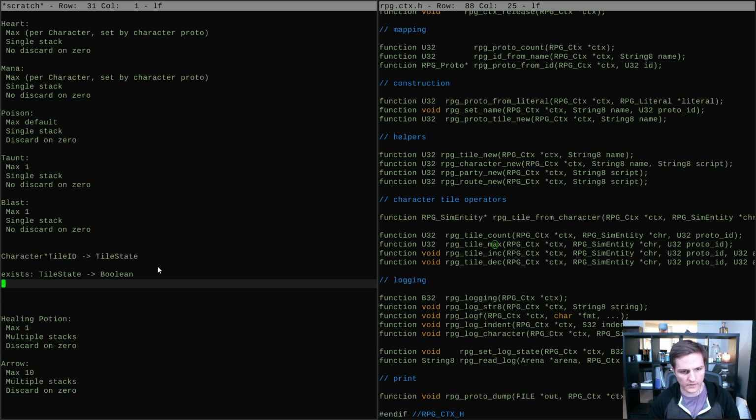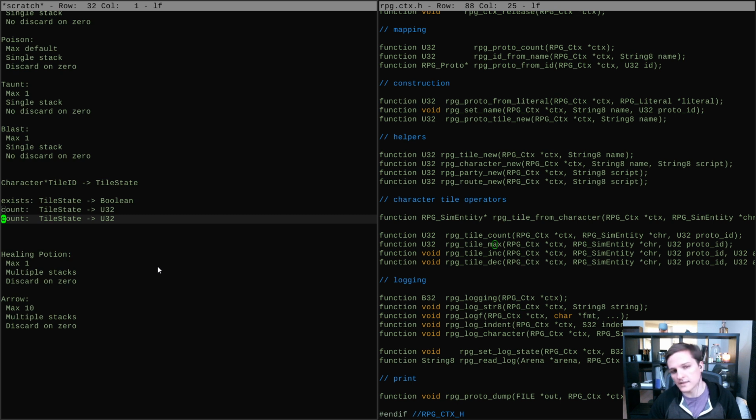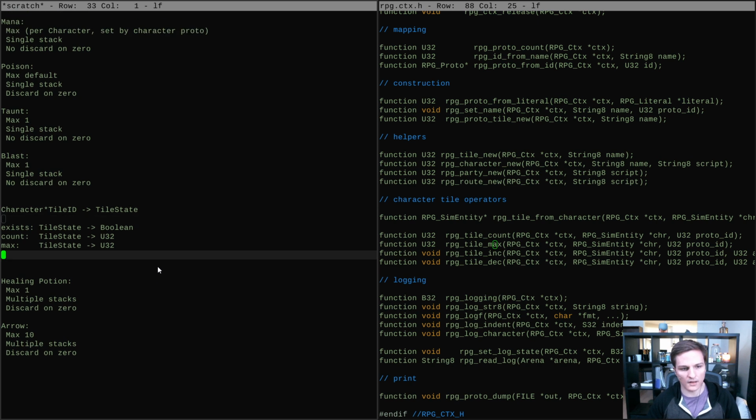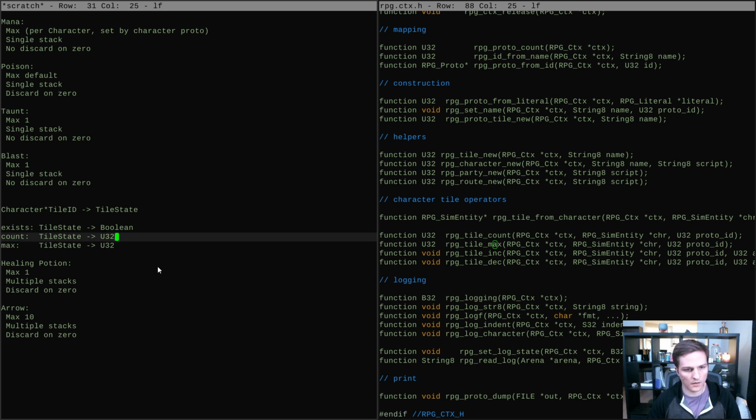If it exists, then we can say that they always will have a count. We could ask if it has a max, or just say that it always has a max. We could also say, does it have, it is,